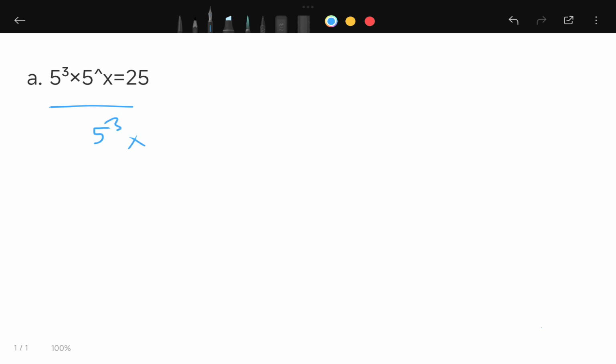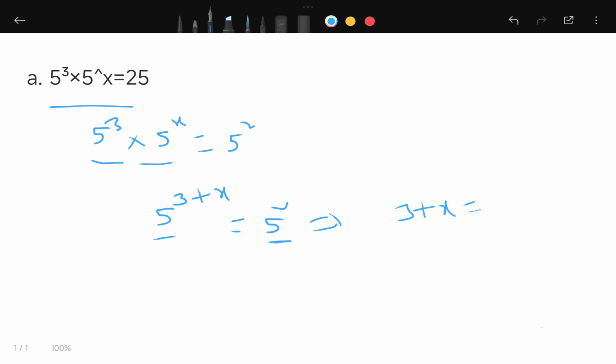5 cube into 5 power x equals 25, which is 5 square, which is 5 into 5. Now the bases are equal, so powers will get added. 5 power 3 plus x equals 5 square, which implies, since bases are equal, the powers should also be equal because of this equality sign. x becomes minus 1,